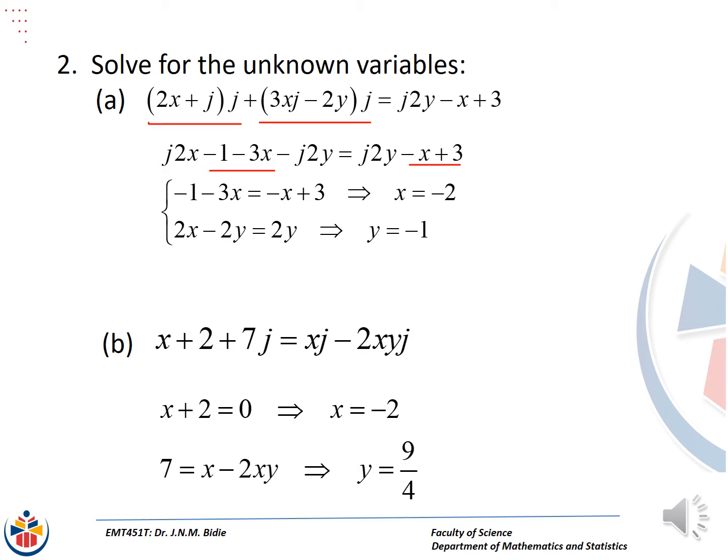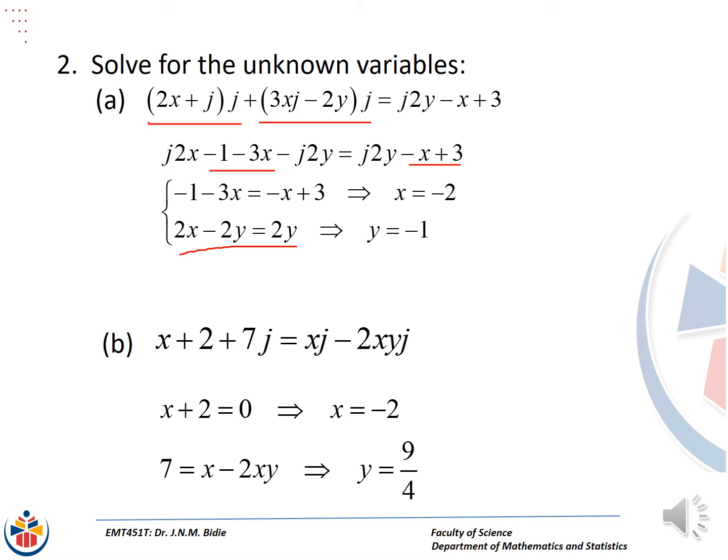And then take all the other terms that have got j and equate them together, noting that we don't have j in those. So you're just taking 2x minus 2y and 2y on the right-hand side. This gives us x equal to -2 and y equal to -1. And then we go to B,